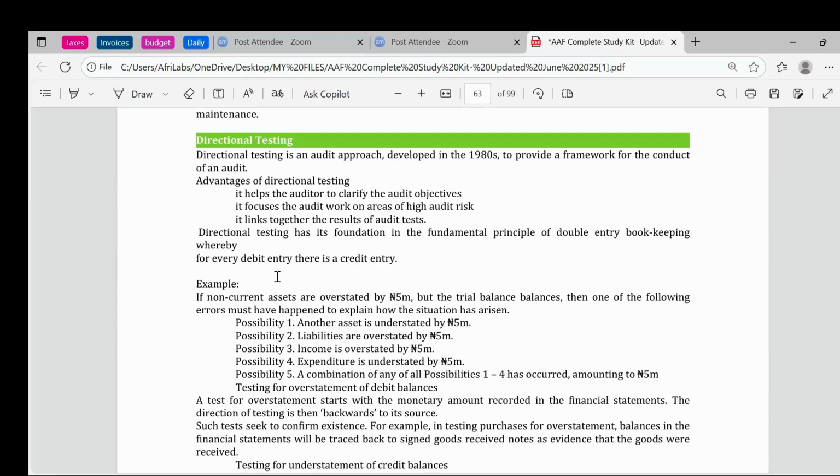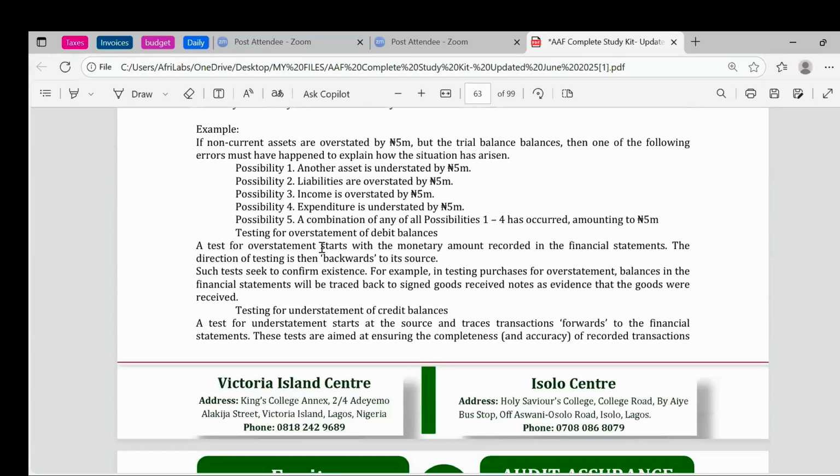Income is overstated by 5 million, increasing your profit. So when you added the profits to your SOFP, it balanced out. Or expenditure is understated by 5 million, increasing your profits by 5 million. When you added it to your retained earnings, it's balanced. So they're basically trying to say that directional testing is just a framework that you can use